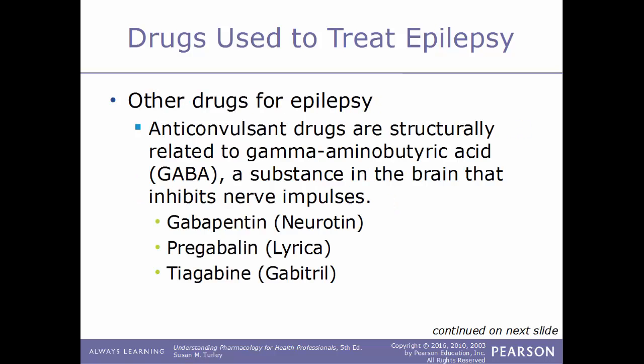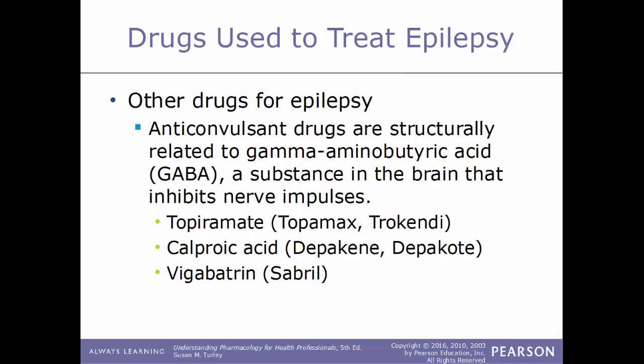Some other drugs that are used to treat epilepsy: you could also treat epilepsy with anticonvulsant drugs that are structurally related to GABA, which stands for gamma-aminobutyric acid. And this is a substance within the brain that will inhibit nerve impulses. Some examples of this type of anticonvulsant drug would include gabapentin, also known by the trade name Neurontin; pregabalin, also known by the trade name Lyrica; tiagabine, also known by the trade name Gabitril; topiramate, known by the trade names Topamax and Trokendi; valproic acid, known by the trade names Depakote or Depakene;